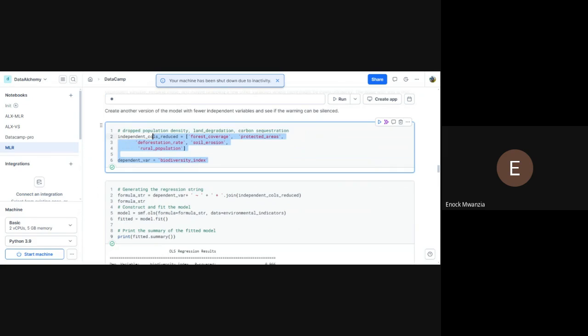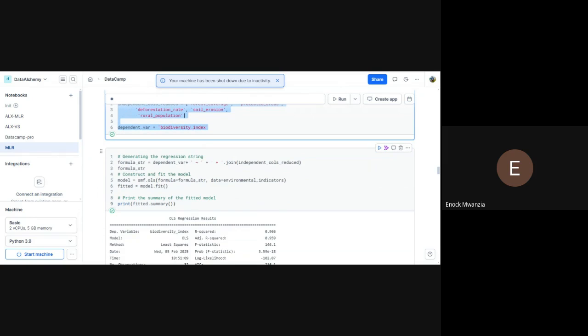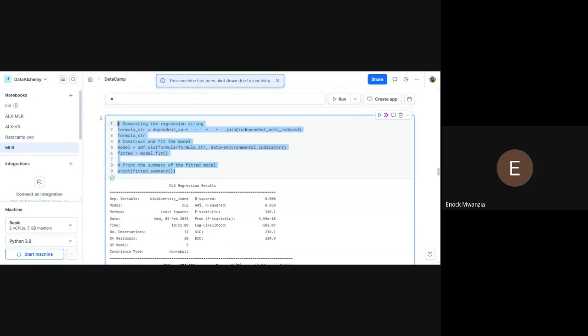Now this is the next code. Let me copy it. That is the next code. So if you run our code now, we'll come up with the next results. Okay, that is the second code. Now, we want to see if after dropping those variables that are highly correlated and had lower coefficient values,